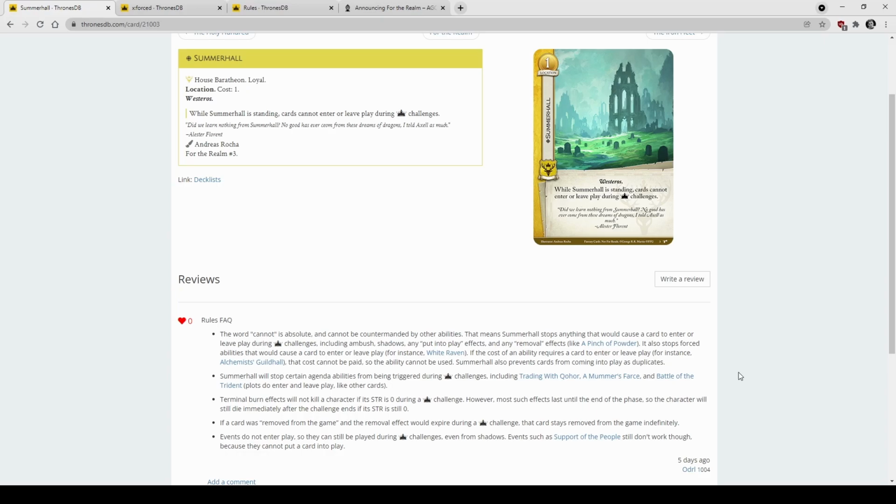Yeah. And what else do we have here? So burn doesn't kill characters during that challenge, but you're not safe from that because I think all of them last until the end of the phase, so characters will just die immediately after the challenge is over. And removal effects that would expire. Okay, so that cannot currently happen. I can't think of a scenario where a removal effect would expire during a power challenge and then stop you